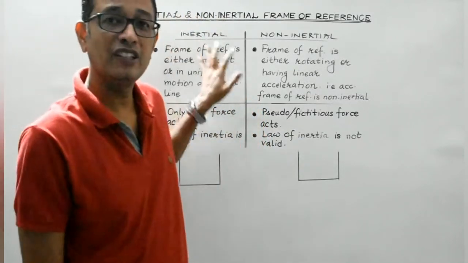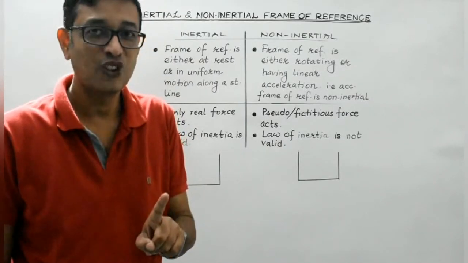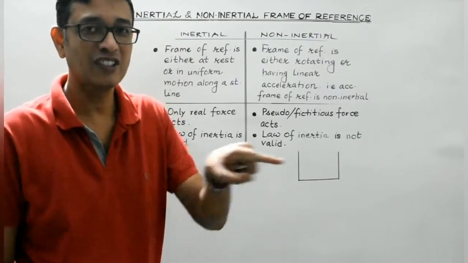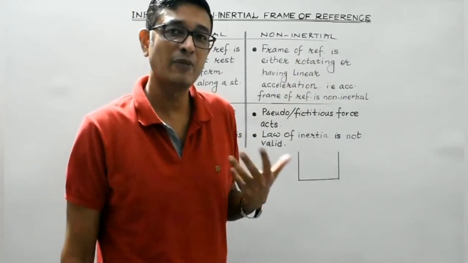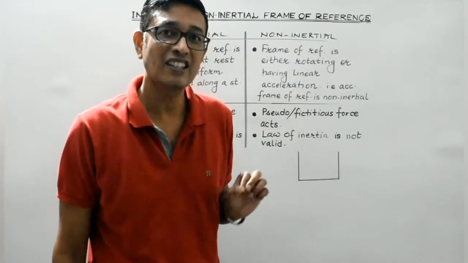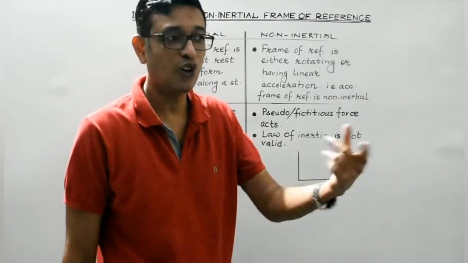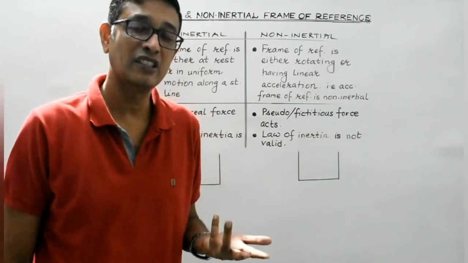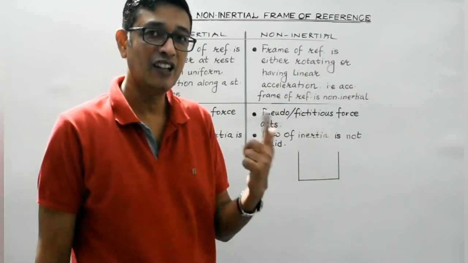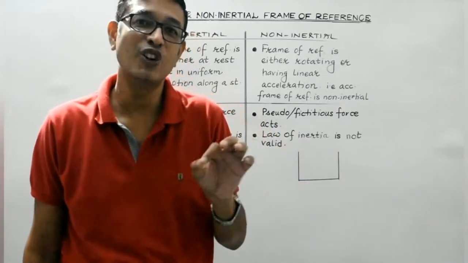Inertial frame of reference is that frame of reference which is either at rest or in uniform motion along a straight line. While on the other hand, non-inertial frame of reference must be accelerated one. And acceleration can be obtained either linearly or through rotation, isn't it? So whenever a frame of reference under consideration is either rotating or having linear acceleration, then it must be non-inertial